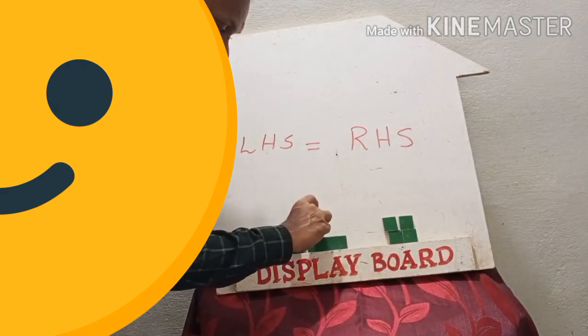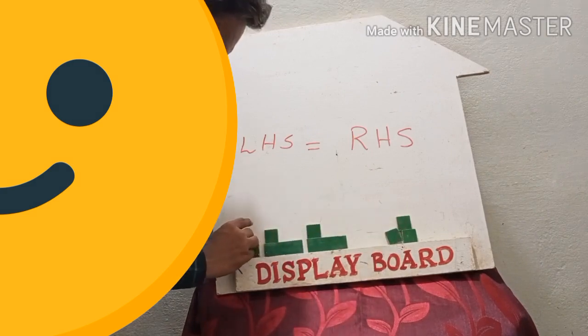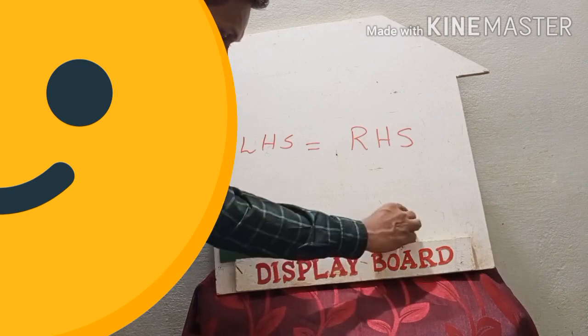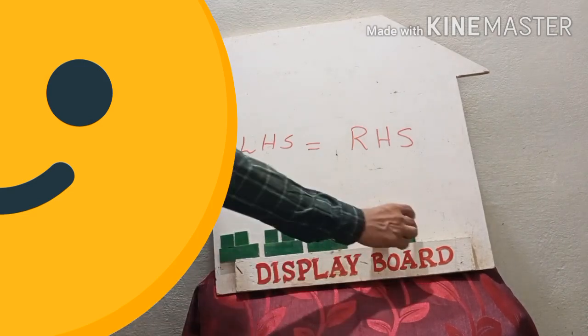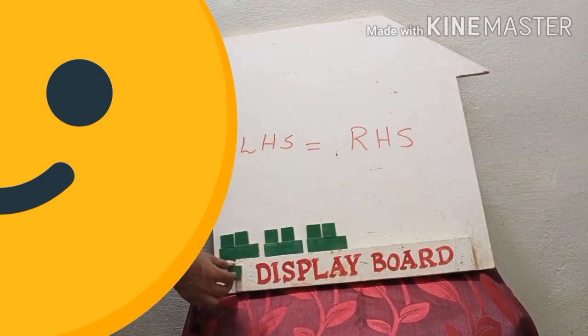So I will take this one and distribute the third one. Next I will take this one. Second round starts here. Okay, this one, and you will take this one and you will take this one. So what happened? One will be remaining in the RHS. Can you distribute this for this or this?